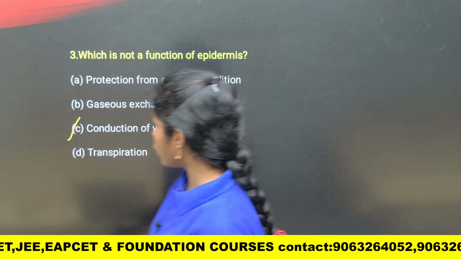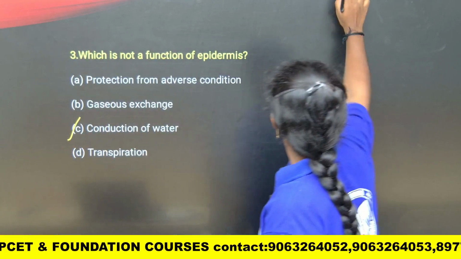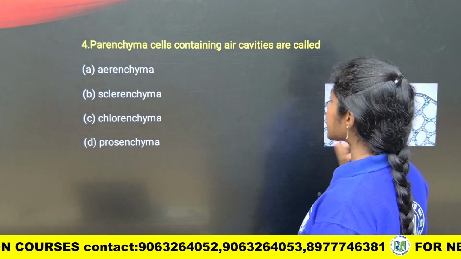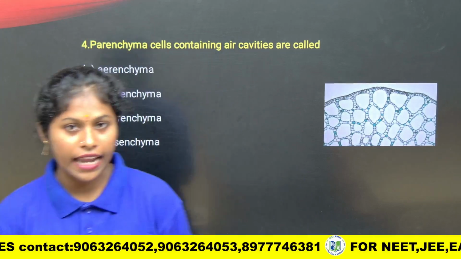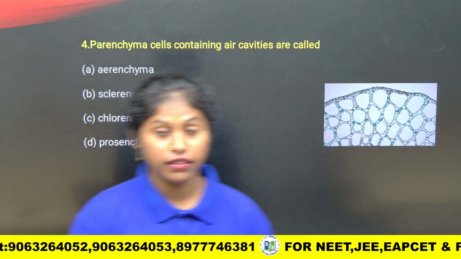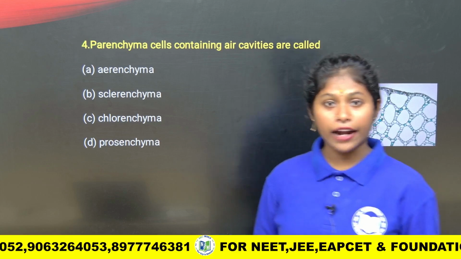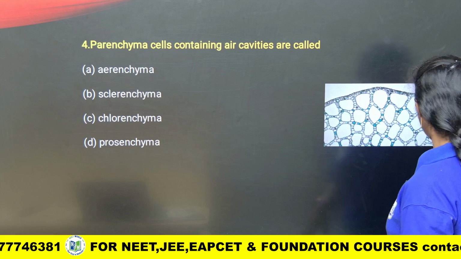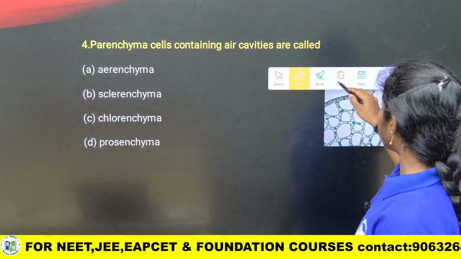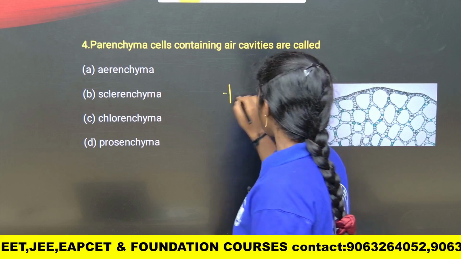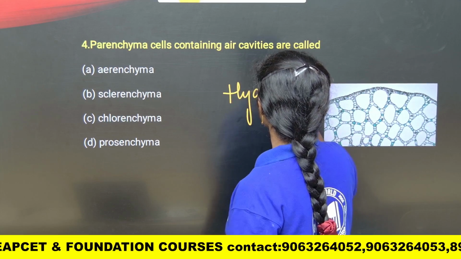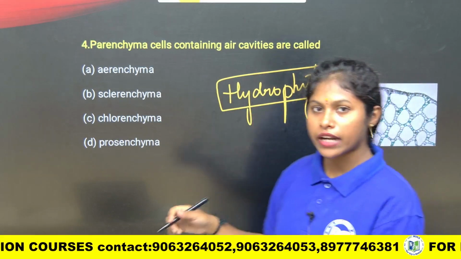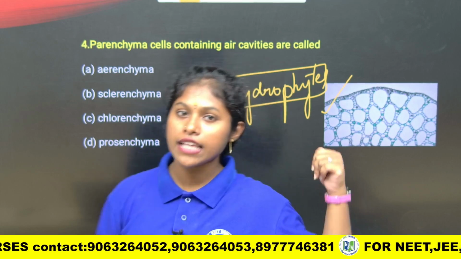Okay. So let's move to the other question, children. So here see, children, parenchyma cells containing air cavities. Of course, parenchyma cells are also known as what, children? Parenchyma and also chlorenchyma and also idioblast, right? What is parenchyma, children? The air spaces in the parenchyma help in hydrophytes. What are hydrophytes? Water plants. Because of this, the buoyant condition, their floating on the water, happens due to this